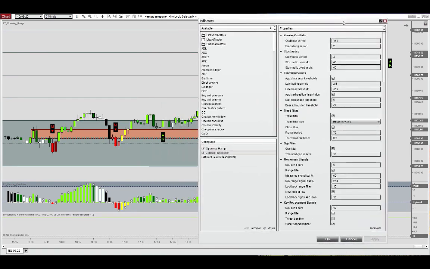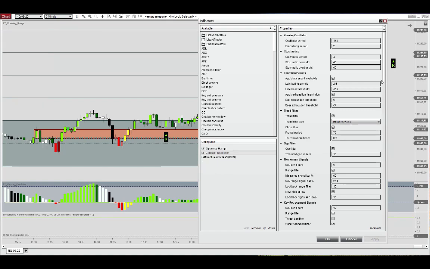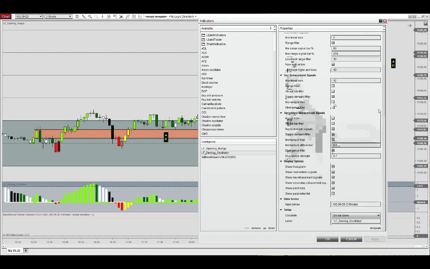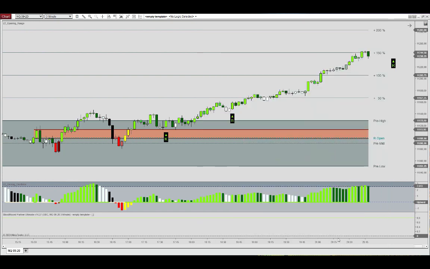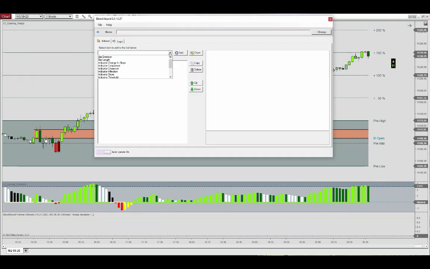Also, we won't really be looking at momentum signals here. For the trend sweet spot scenarios, we are looking for retracements and continuations. And so we'll eliminate those. In this case, you can just activate the chop filter and you will see those go away, but we also have additional momentum signals elsewhere, so we'll just go ahead and turn those off in the display options, hit OK, and then we can go into Bloodhound here, grab an indicator comparison solver,